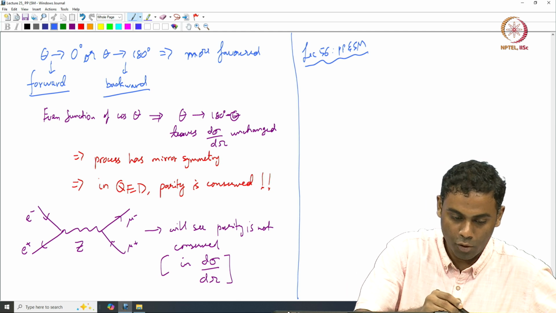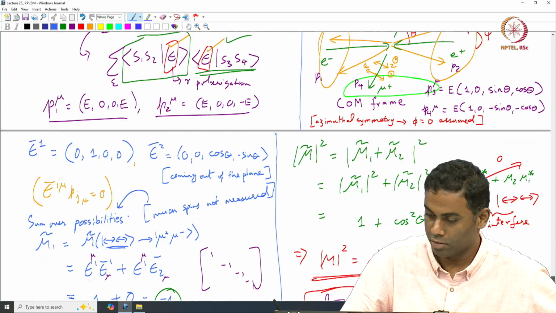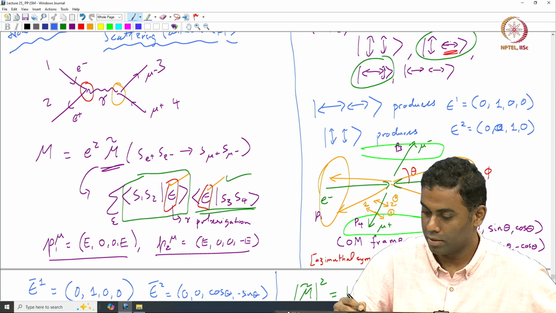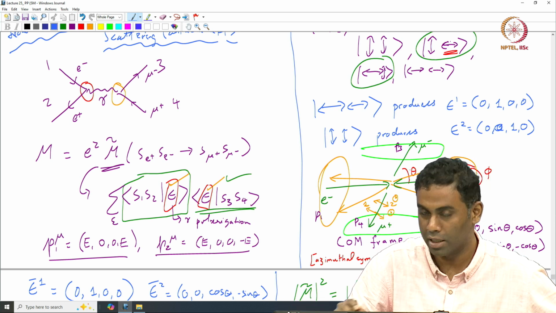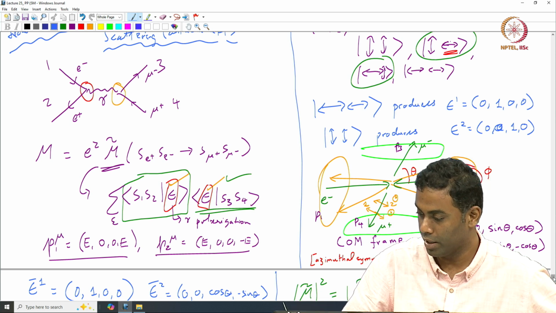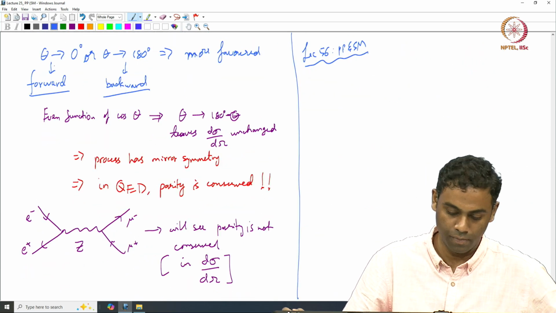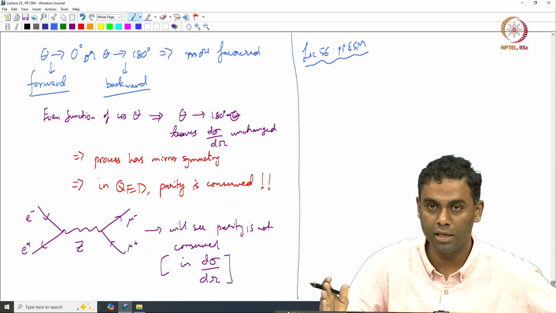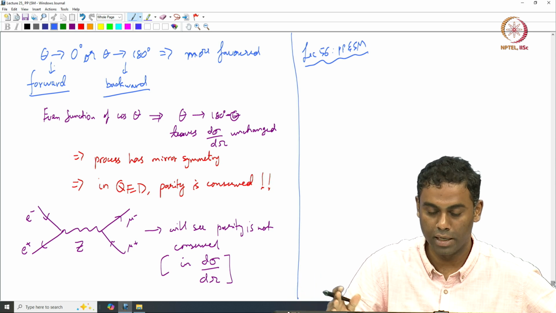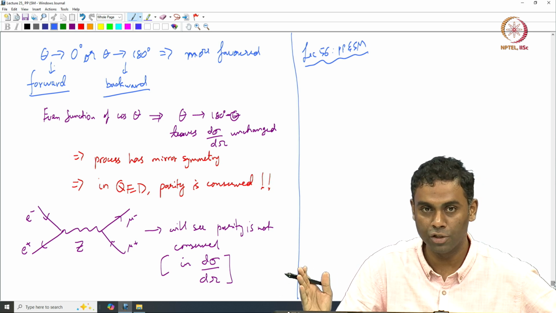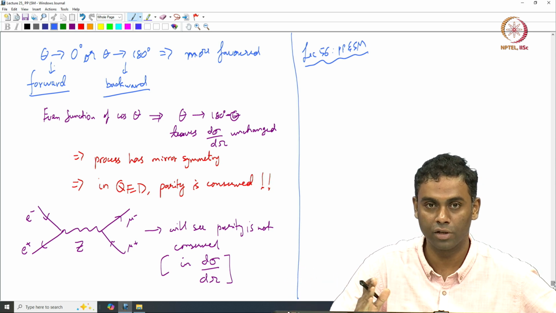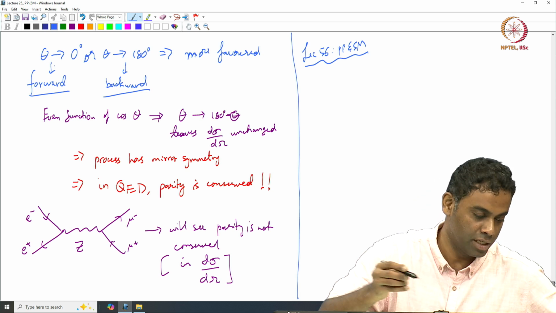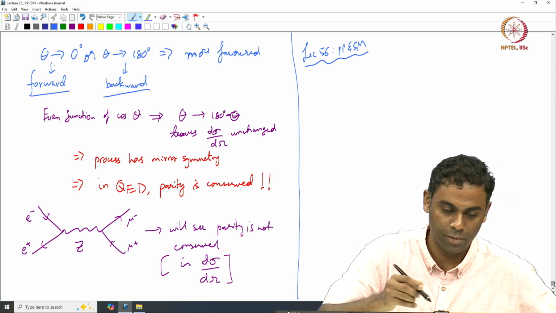We talked about a forward direction, forward meaning this orange region, and the backward direction meaning theta being close to 180 degrees. So if you want to see whether there is any asymmetry between how many events you get in the forward direction versus how many events you get in the backward direction, one can very simply construct an observable